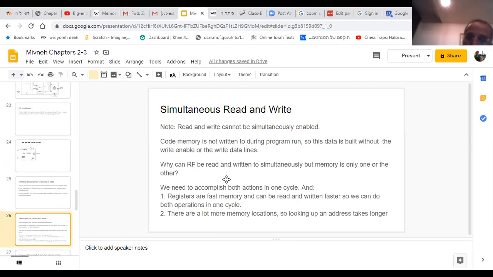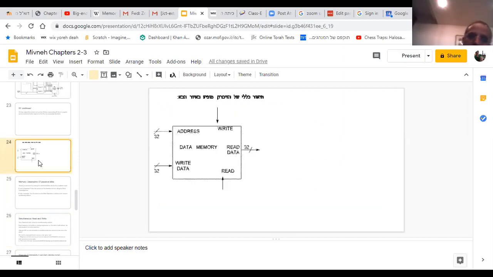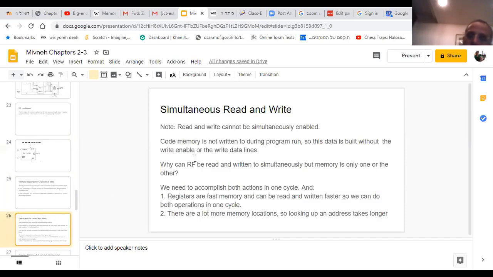Code memory is not written to during the program run. Okay, so let's think about this. There's the data memory. This picture here describes all the memory. Some of it is for the code, and some of it is for our arrays, the code being the program. So code memory is not written to during the program run. You don't ever tell your program to rewrite the program while it's running. You might tell it to rewrite a certain